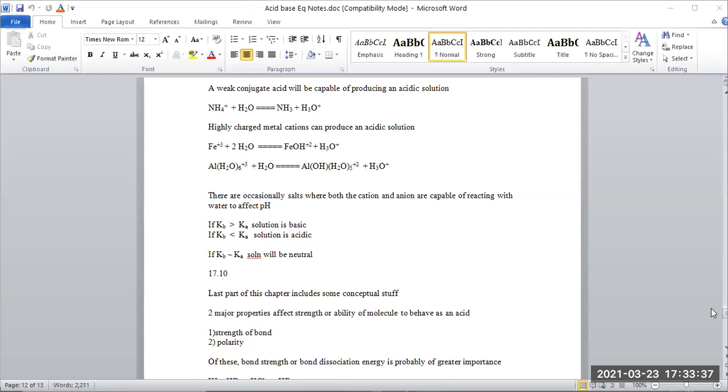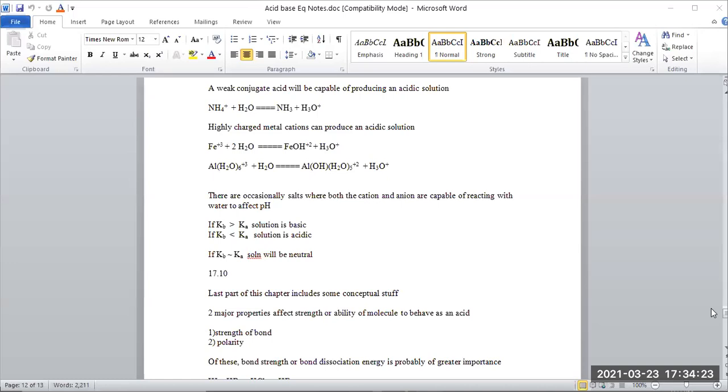So the last things we were talking about prior to the test were a little bit about some other ways you can get acidic and basic solutions that are not directly related to adding an acid or a base to the water, but are more related to adding salts. So I want to backtrack just a little bit here. Ammonia, we know, is a base, but it's a base from the reacts with water point of view to give you